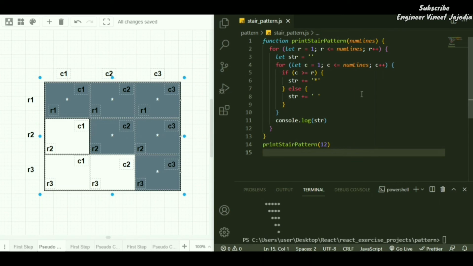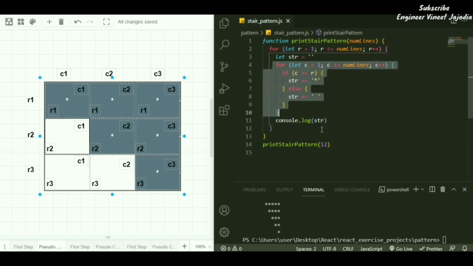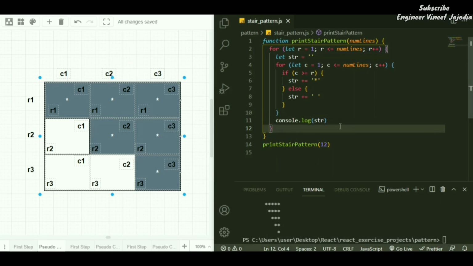So what we have studied here is that we have to always identify how many rows and columns there will be, so we can easily loop through the rows and columns. Then we have to see what the condition is to put an asterisk or to put an empty value. So this is the condition for it. And last, we see when we are going to print the value of the string variable. Once we reach the end of the column, then we print the value of the string variable. These were the four things we have to remember while writing the code of this program.